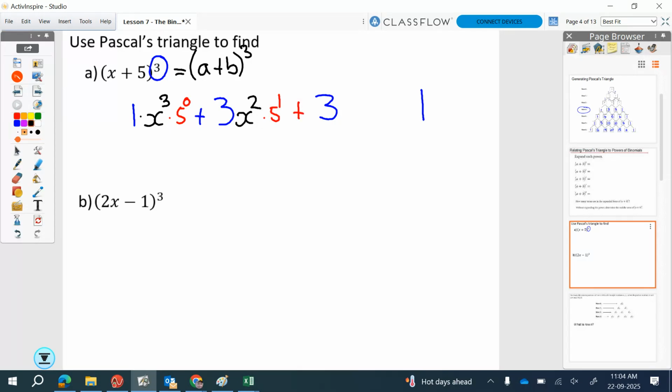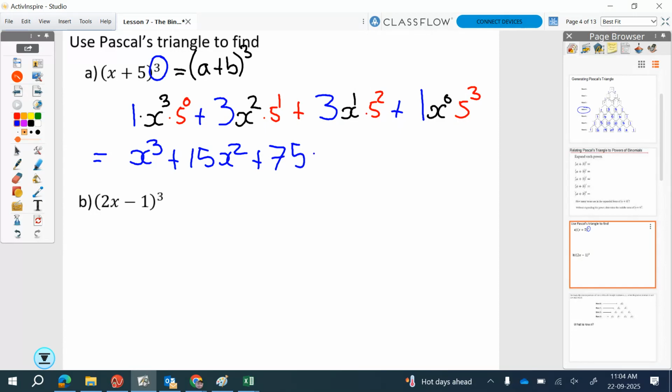So the next one is going to be x to the 1, 5 to the 2. And then the last one is going to be x to the 0, 5 to the 3. So just collecting them all together, we are going to get x cubed, and here we're going to get 15x squared, and here we're going to get 25 times 3, 75x, and on the last one, 5 to the 3 is 125, and the x to the 0 is